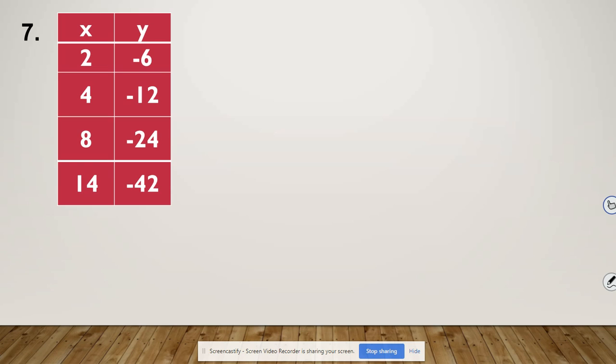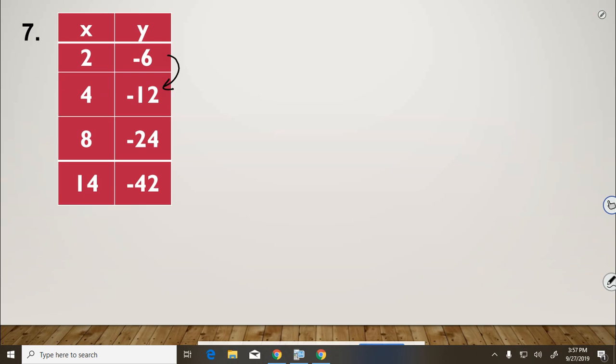All right, so number 7, we're going to make it a little bit harder now because now, as you can see in the table, there is no x equals 0, so the y-intercept is not given. So again, we start by first finding the slope. -6 to -12 is going down 6. 2 to 4 is going up 2. So our slope is change in y over change in x, or -6 over 2,